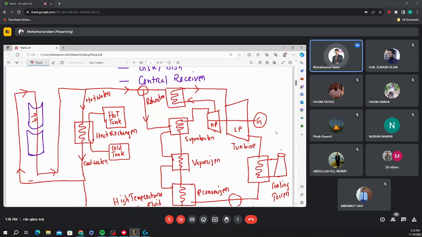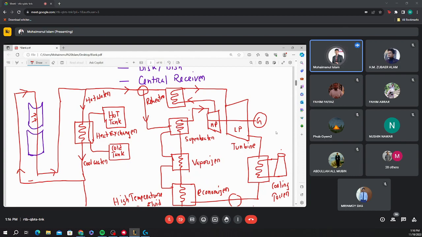That is called superheater here. And after superheated, the fluid in between that tube comes to that high pressure turbine and rotates that